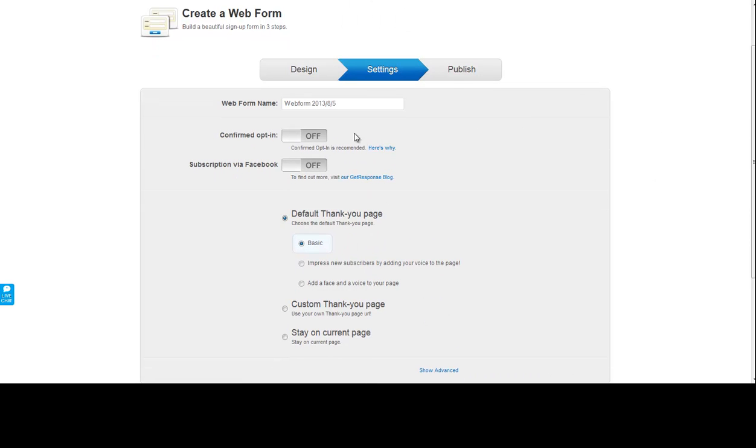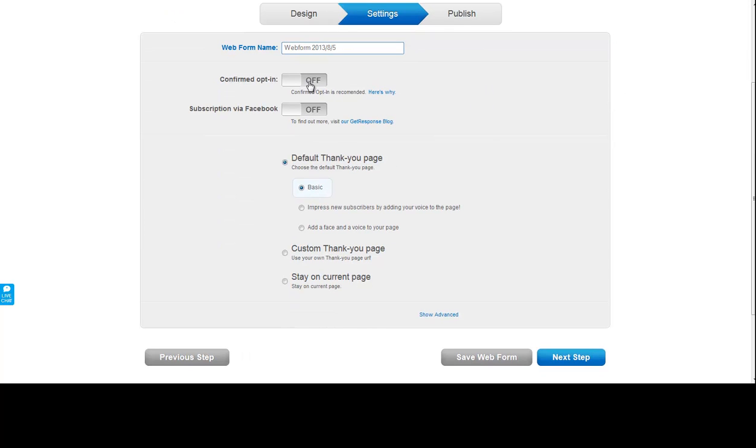So here you can give your web form a name. It already comes with this one by default, so I'm just going to leave it. Confirmed opt-in, we've already discussed, it's completely up to you. So let's just say it's on. These options right here determine where your subscriber goes after they submit their information on your opt-in form. Now the default thank you page is kind of ugly,